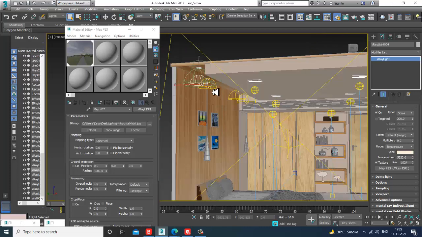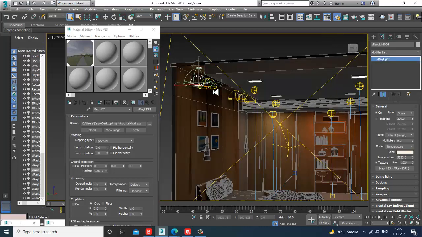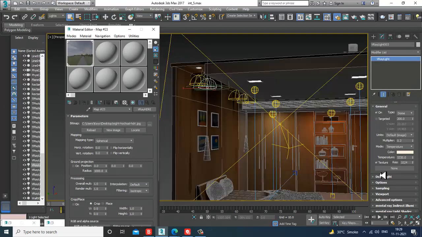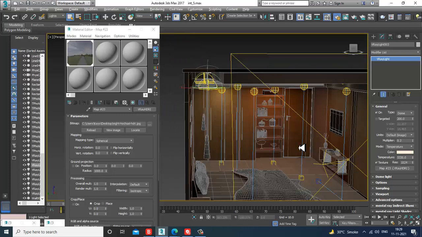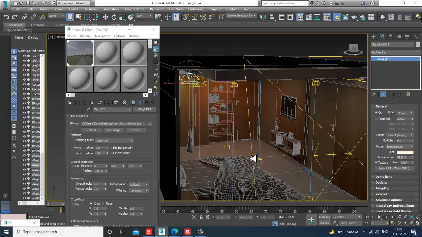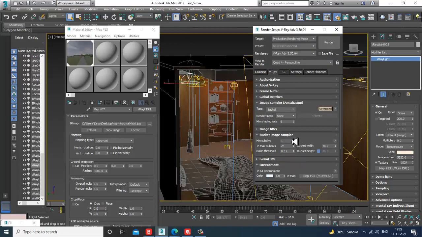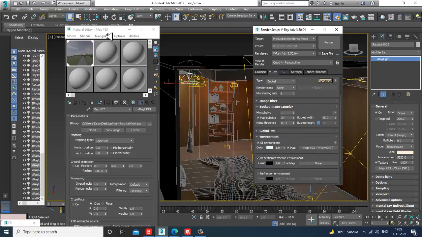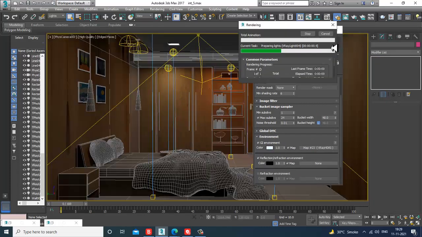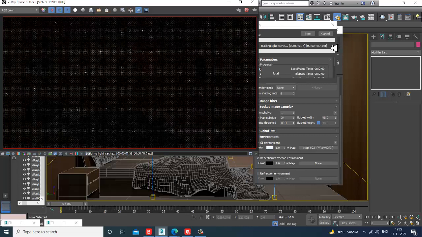Select this. It's going to be heavy. So let's keep on adding this. Go into rendering, render setup, and let's try to turn on the reflection and refraction. Go into the camera and let's render it again and see how it looks.